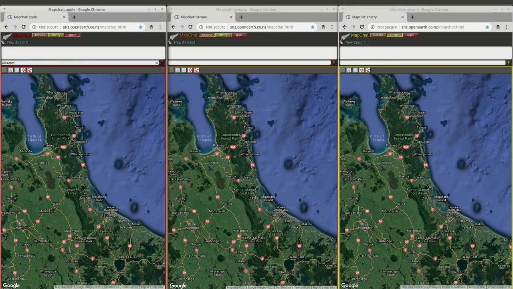Now we do have the ability to chat to each other in the usual way. You can type something and it will appear everywhere, and someone else can type, etc. Then we can start doing some interactions. So for instance, let's say we want to